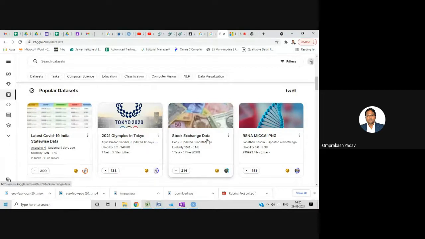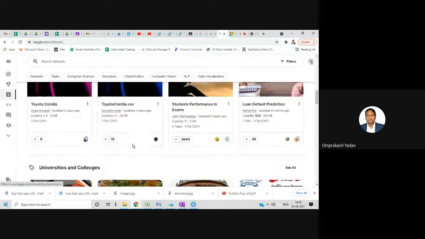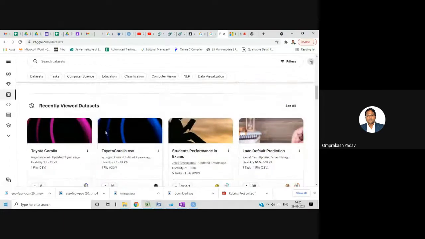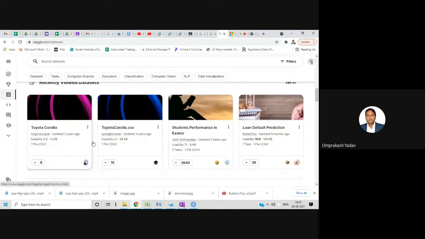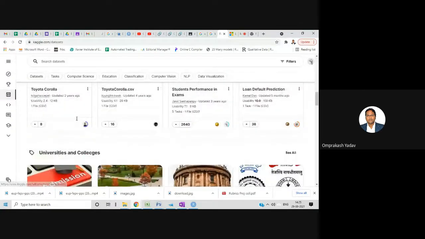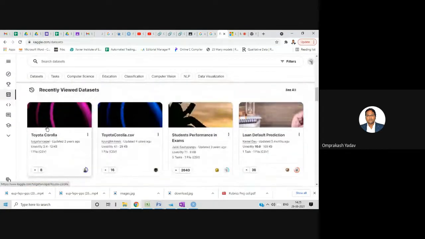Stock exchange data, and many recently viewed data sets. So it's showing me which data sets I have recently used, like Toyota Corolla, then students' performance in exams, loan default prediction, which I've used. So like this, it's showing me recently viewed data sets. You can go to any particular data. For example, if I click on this one,